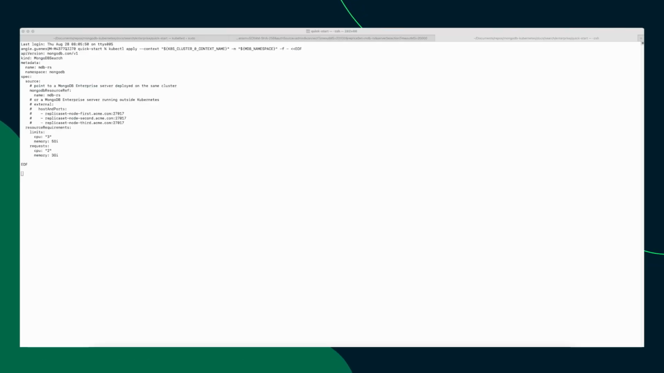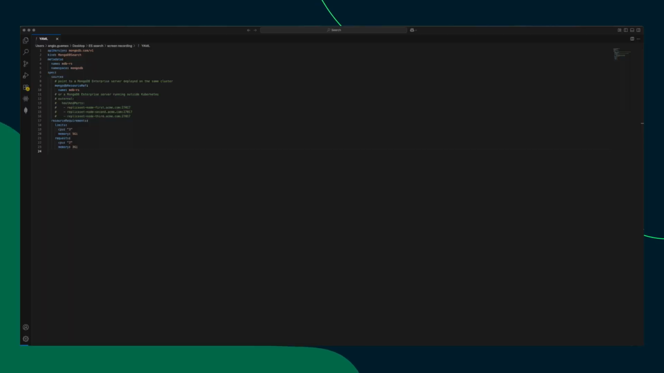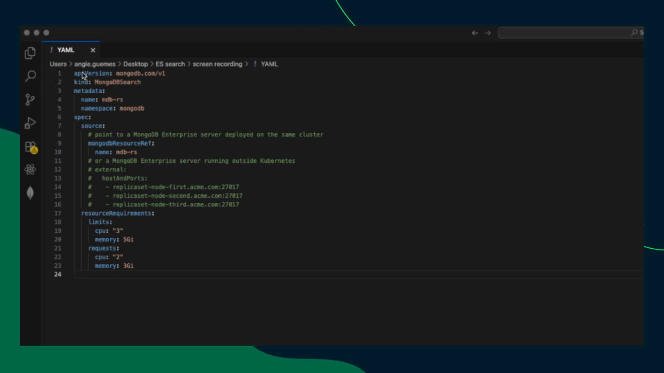To get started with the public preview, you can use the MongoDB Controllers for Kubernetes Operator, or MCK, to deploy new search nodes. Take this YAML file as an example. The search nodes must be deployed in a Kubernetes environment, but they can also target MongoDB Enterprise Server instances deployed outside of Kubernetes. This step enables search capabilities by creating a MongoDB Search custom resource named MDBRS to associate it